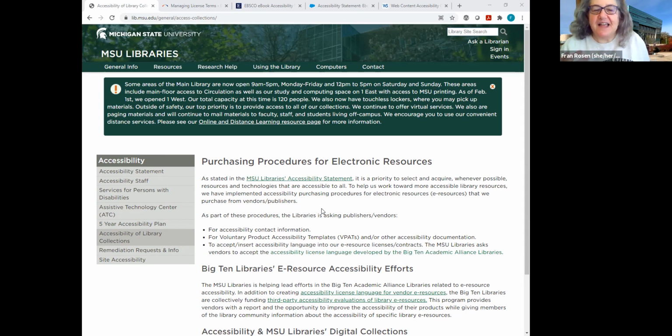So the question for a library would be to have an accessibility statement and to have information about how that statement is being carried out. There are some different options. One of the things is that you can go to